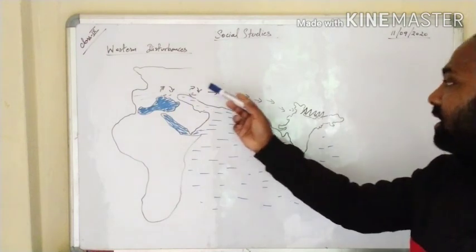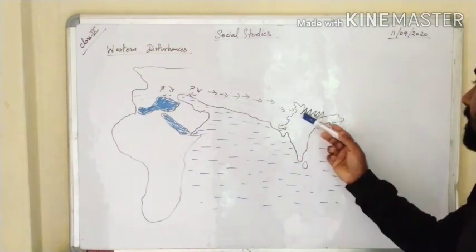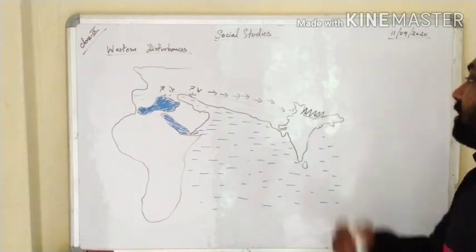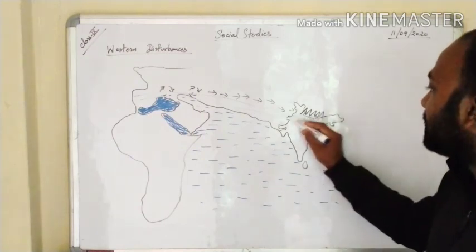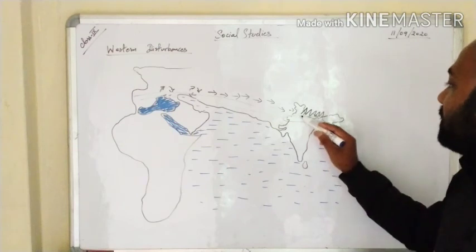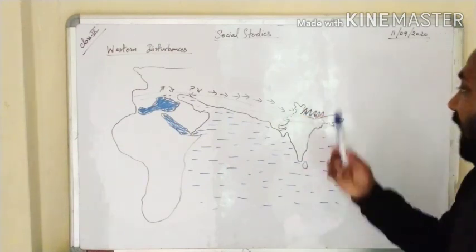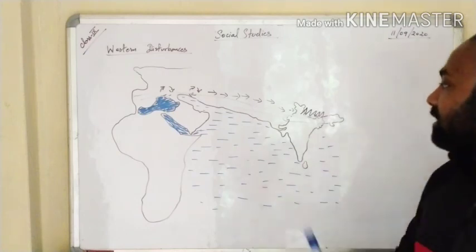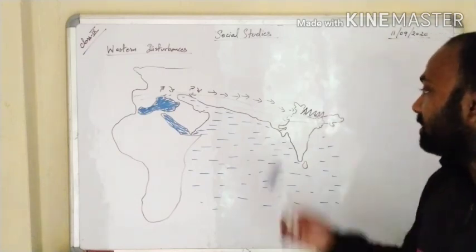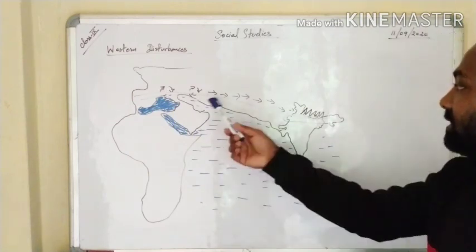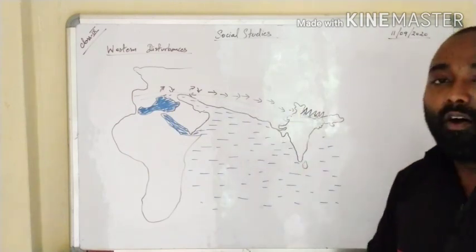When this moisture, carried by the jet stream, comes in contact with the Himalayan region, it dashes against it and causes rainfall in the northern side of our country, that is in the northern plains, the north and northwestern part of our country. At this time the winter crops are grown well. Why? Because you know that in the winter season mostly rainfall does not occur, but due to the western disturbances the rainfall occurs in our country.